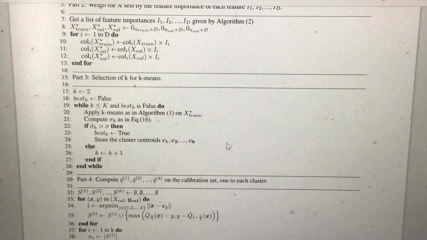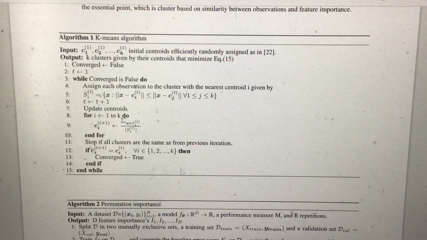So the third big step will select the K for the K-means. That means we want to select how many groups for the K-means. So okay, we just set K from 2, and we'll set the best one to false. So we have the loop here. If K is smaller than capital K and best K is false, then we'll apply the K-means algorithm, algorithm 1, which is here for this K-means algorithm,